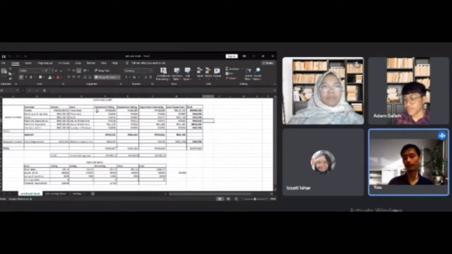The first overhead for our business was rental, amounting to 400,000. As you can see on the table of basis, mixing, baking, and decorating use the same value, so we get the same total for reapportionment for rental. Meanwhile, for store, we got a different value between all of them, which is